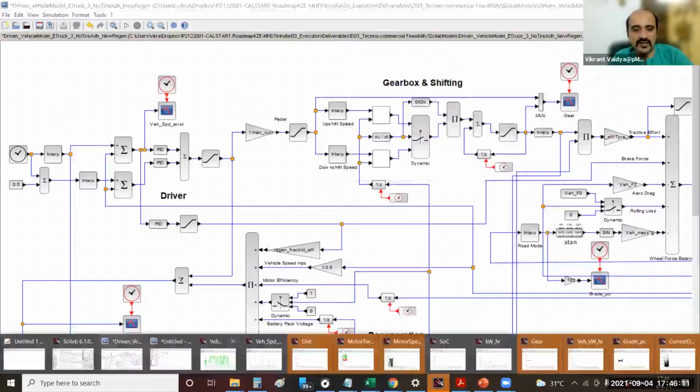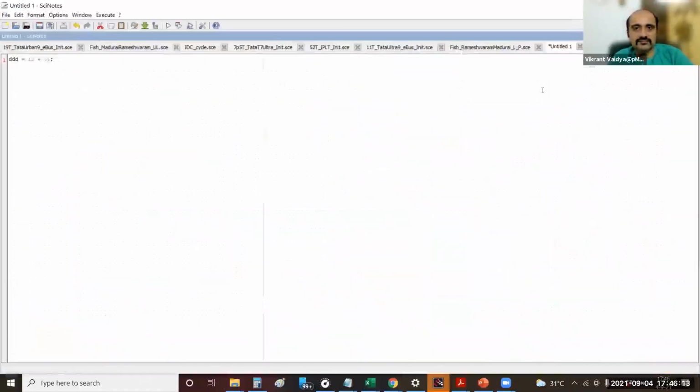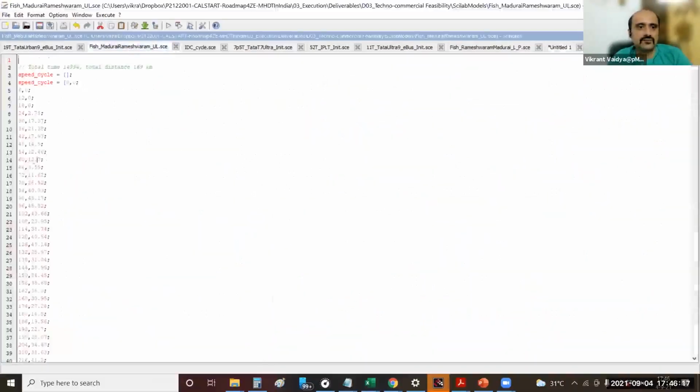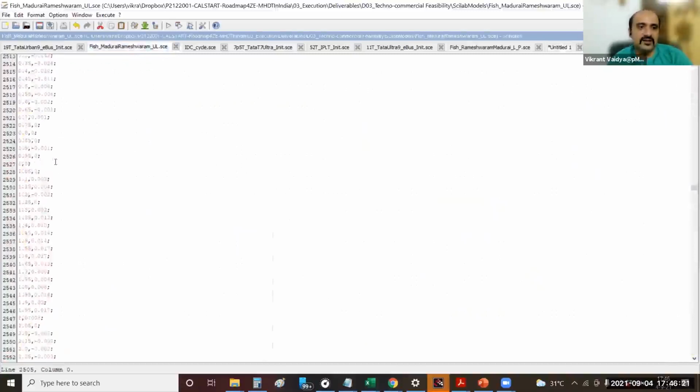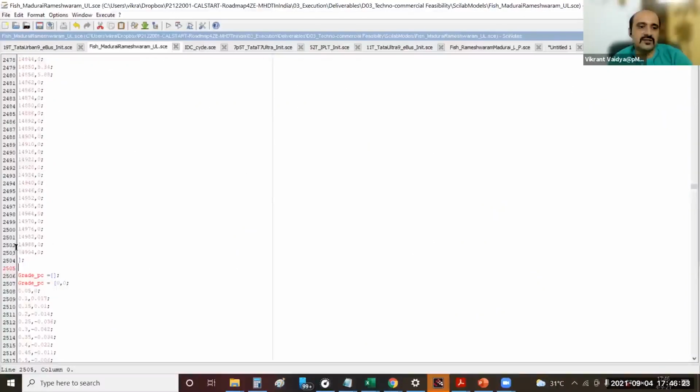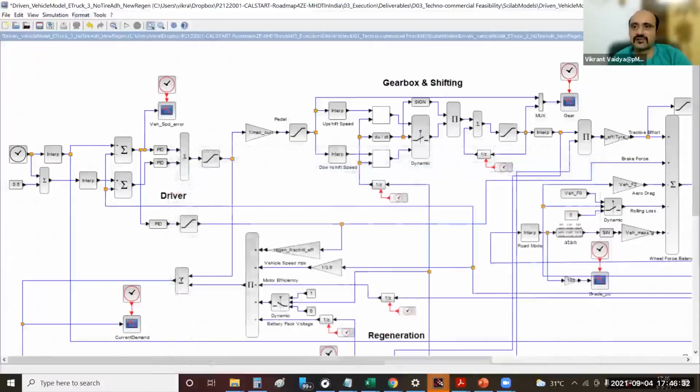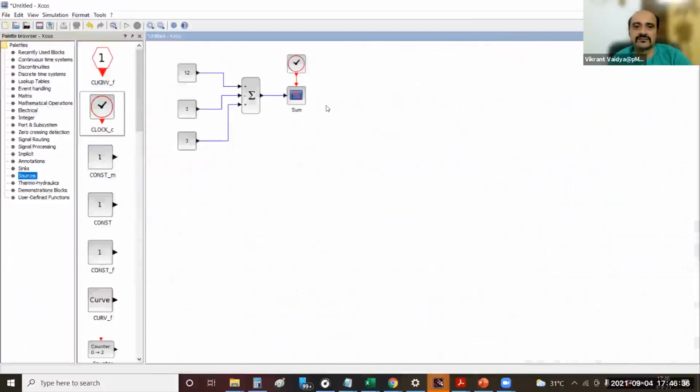If I go to my cycle, it was this. You can see I have put time versus vehicle speed here, and my last point on the cycle is 14994. That's why I gave the same number here. That's the utility of this final integration time.